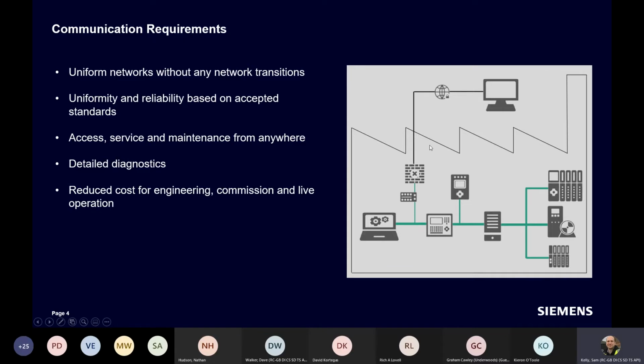Also, it enables us to interface up into different networks. You'll see in later presentations in the coming days, talking about routing and this type of thing, we can actually communicate up to a higher level IT network. This is really good because it means we can get our engineers who are perhaps sat in an office, either on site or away from site, for example working from home. And by using Ethernet technologies and all the rest of it, we can do remote administration and maintenance